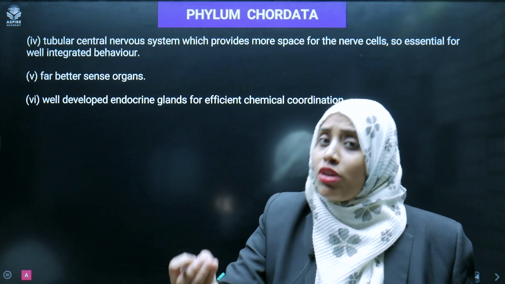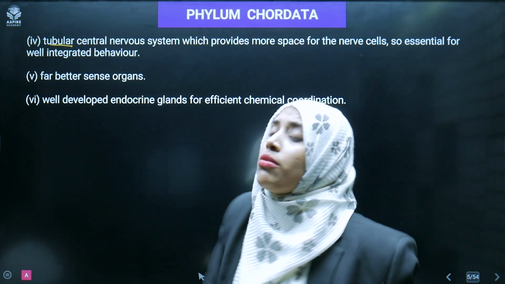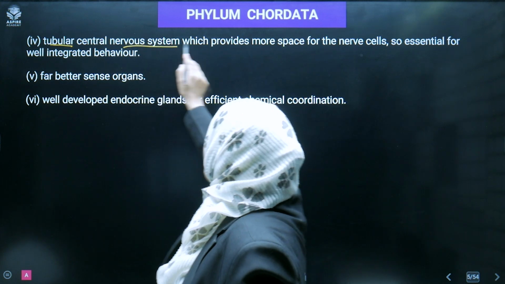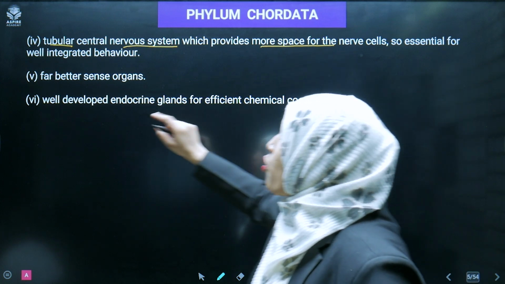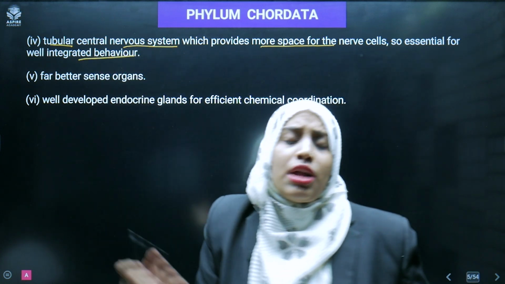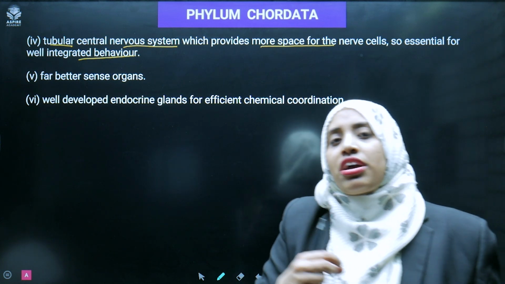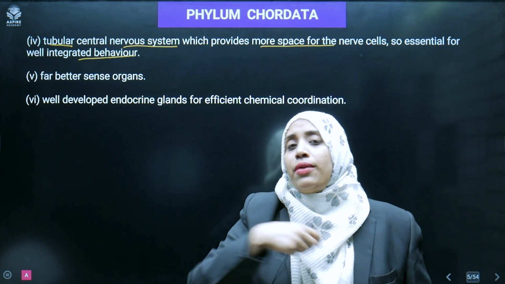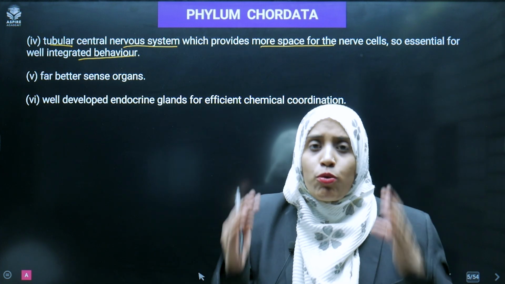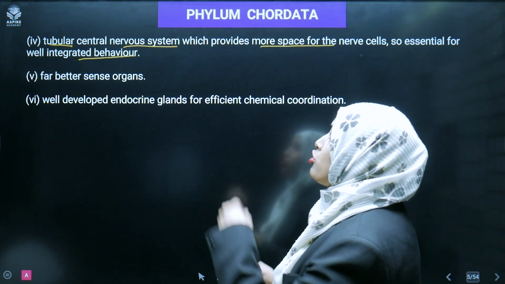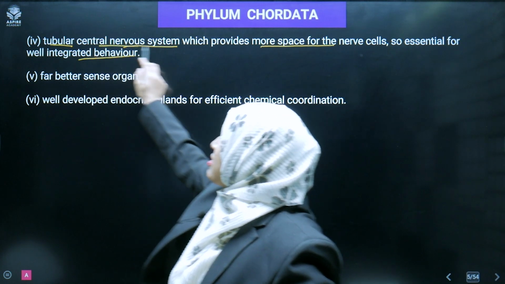Hollow होता है, dorsal होता है, single होता है। So tubular, that means tube-like हमारा nervous system होता है, ठीक है, which provides more space for the nerve cells, so essential for well integrated behavior। That means we know all the activities that we are performing, the messages which are conveyed from the sense organs to brain, okay, then again from the central nervous system to the sense organs। So जितने भी motor nerves, sensory nerves काम करते हैं, so that is all the part of that nervous system, ठीक है।